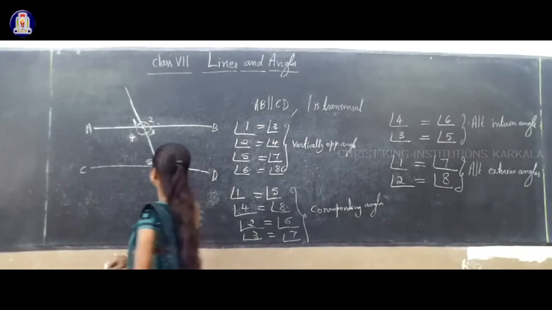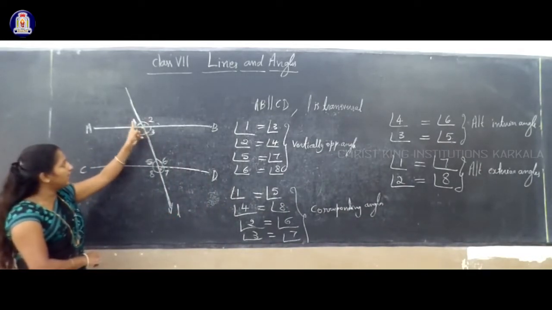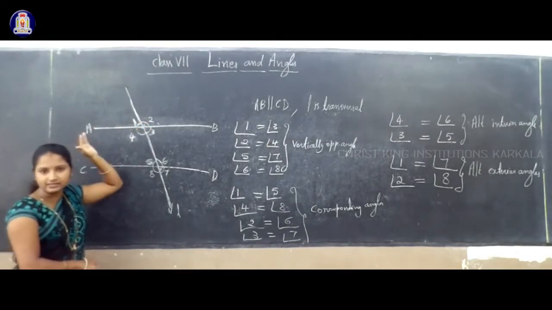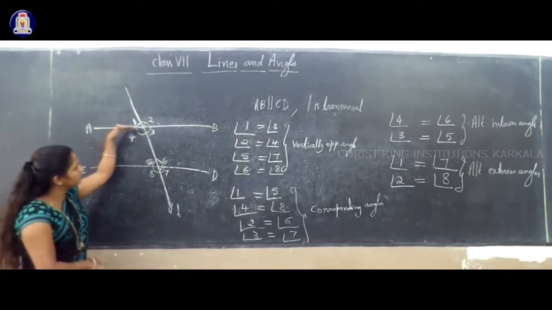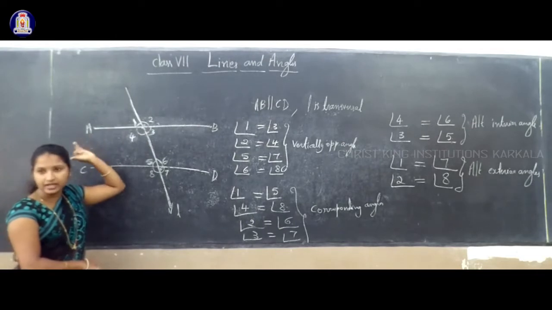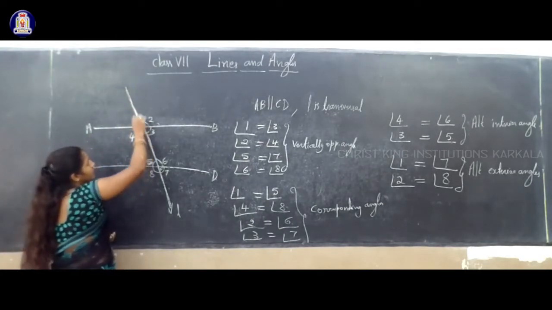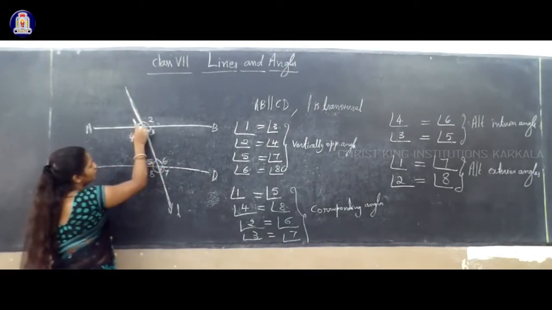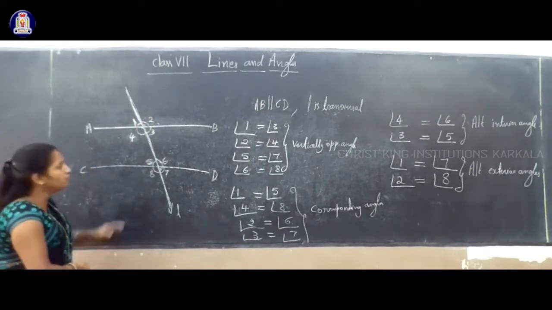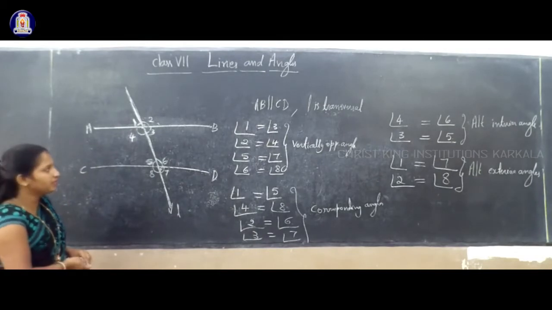Now, are there any other angles that are equal? That means if you consider angle 1 and angle 2, they are on a straight line, right? So these two angles are on the straight line. That means AB is a line segment. In that, see here I drew one transversal, right? So if you add angle 1 plus angle 2, that is 180 degrees. Why? Because the line